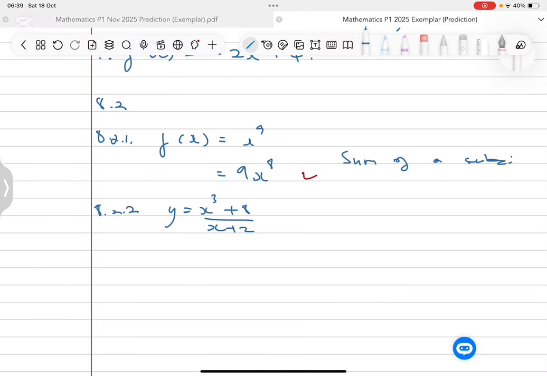The sum of cubes is defined such that a to the power 3 plus b to the power 3 is the same as a plus b, multiplied by a squared minus the product of a and b, plus b squared. This formula is the same as the difference of two squares or the difference of two cubes, right? Because here